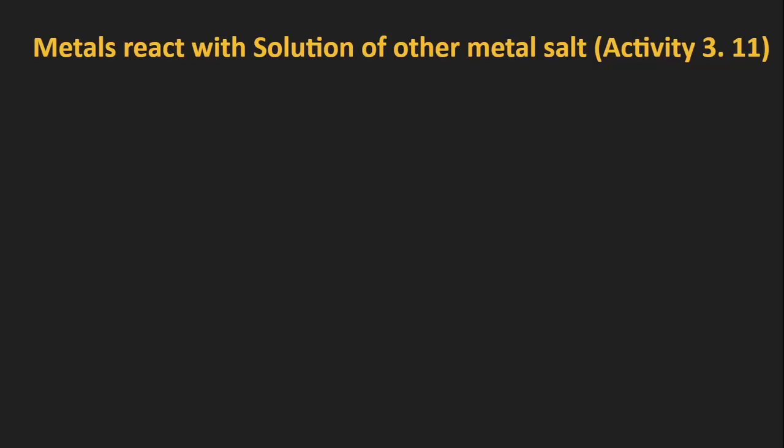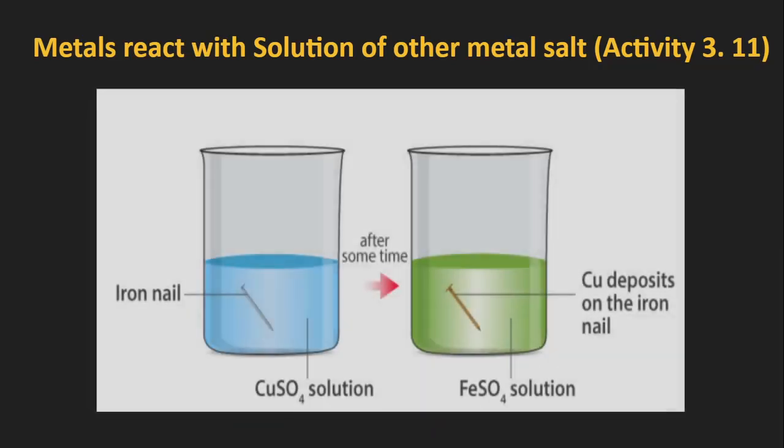We see that the reaction has taken place, only in the test tube where the iron nail is placed. In this activity, we have taken copper sulfate solution and put the iron nail in it. That is where the reaction happens. From this figure you can observe that the color of the solution has changed and the color of the iron nail also changed. Let us see the observation.